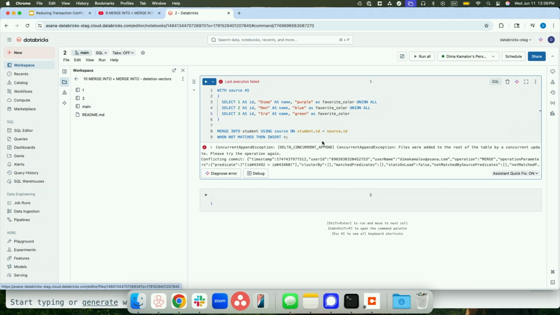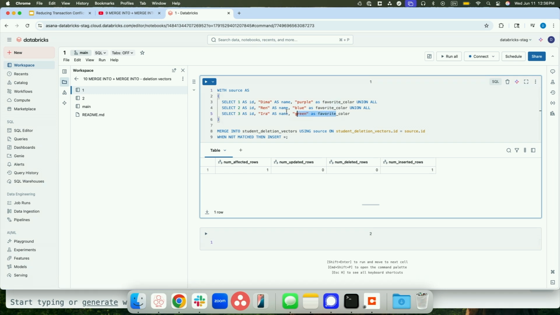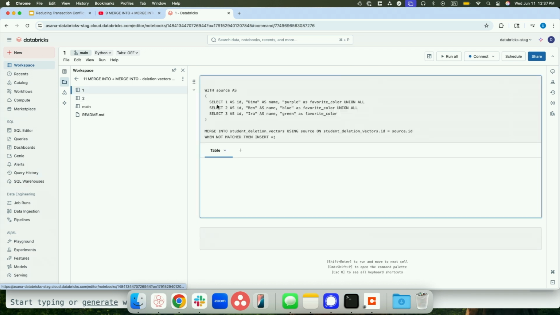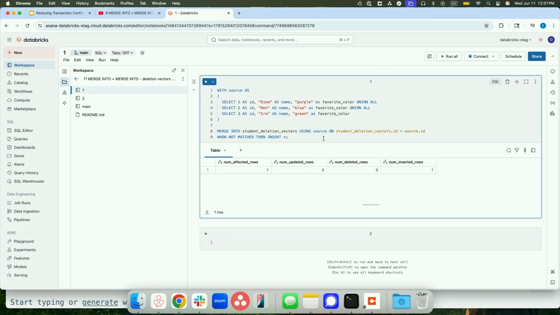So deletion vectors are not something that helps with this type of thing, and what we can do, however, is to use both deletion vectors and